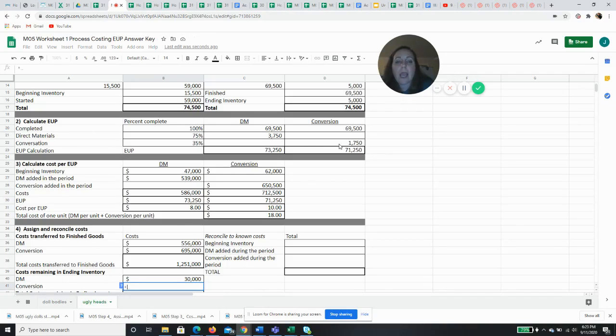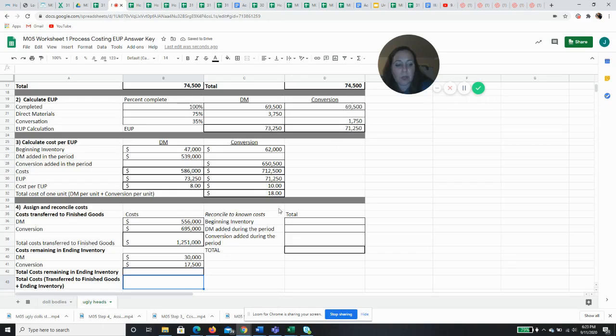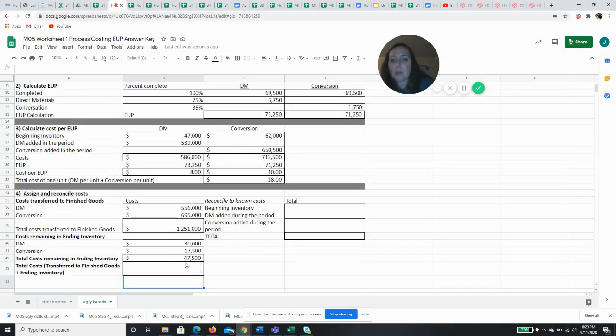Then we're going to do the same with conversion. I'm going to multiply my conversion ending inventory EUP of 1,750 times my conversion cost per EUP of $10, and that's going to be 17,500. I'm going to add those two numbers up, and that gives me an ending inventory balance of 47,500. So that's what I'm going to put on the balance sheet for my WIP ending inventory. I'm going to add both of these together, finished goods plus my ending inventory, and I'm going to get 1,298,500,